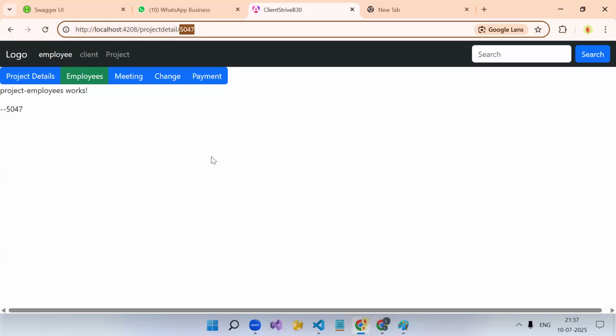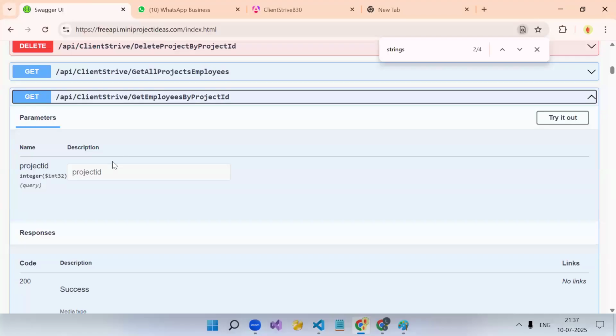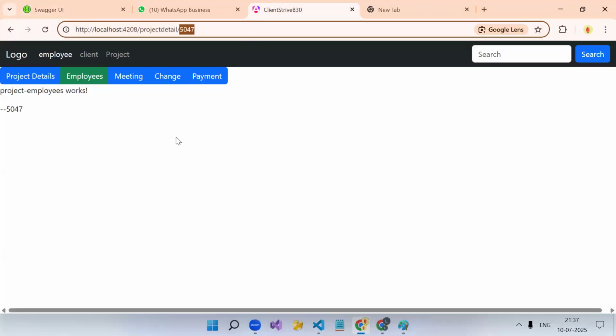Let's consider if you don't have a component like this. What you could have done is create multiple components. We already did that. We created a route, and in every component, wherever we have the project ID, we would have created a drop down, right? But all this data is related to a project. So instead of creating different components and having a project drop down over there, since all this data is related,